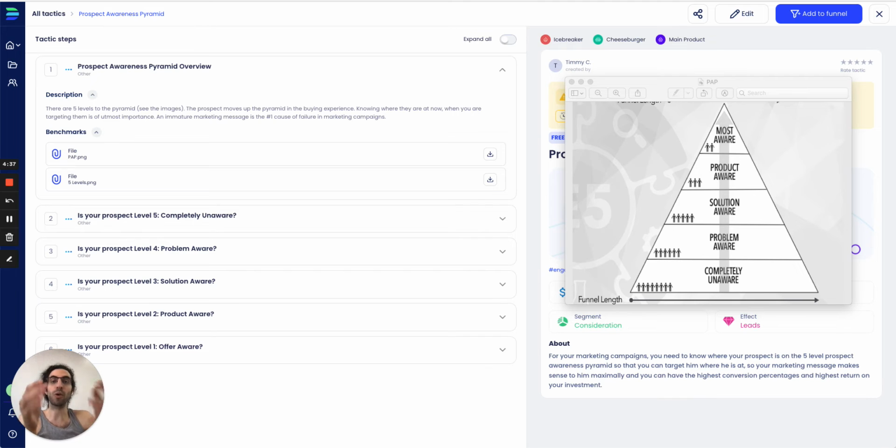An even more egregious example is if, let's say, the same prospect is only at problem aware. So they're obese, and now they've been made aware by your educational marketing or someone else's that they